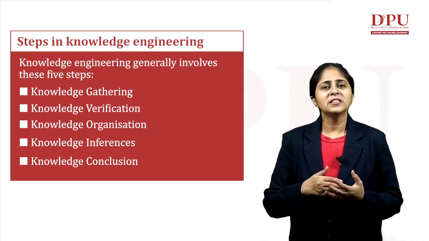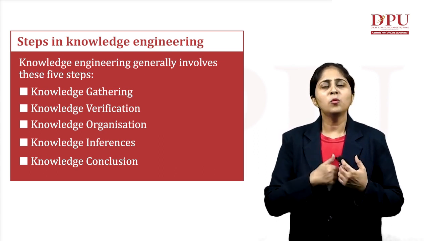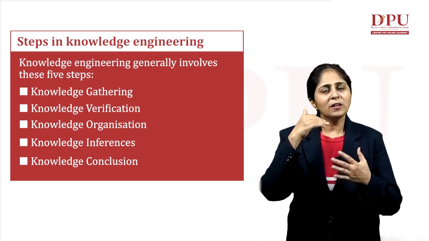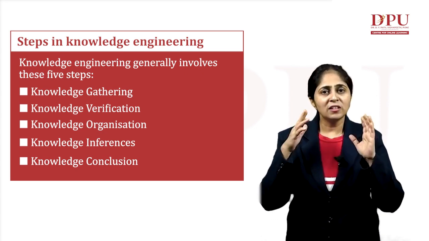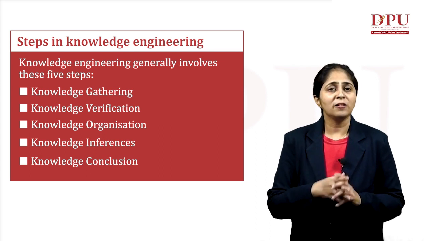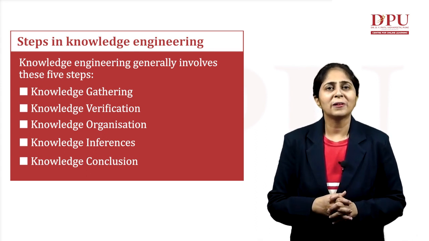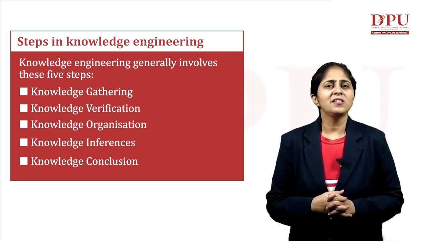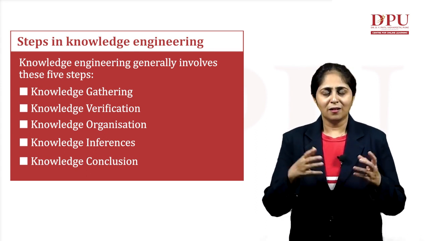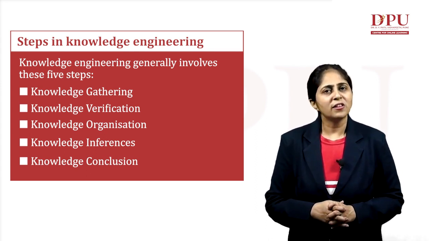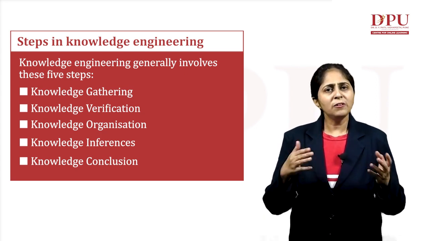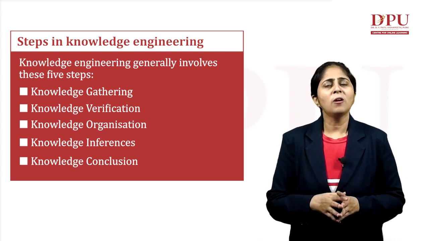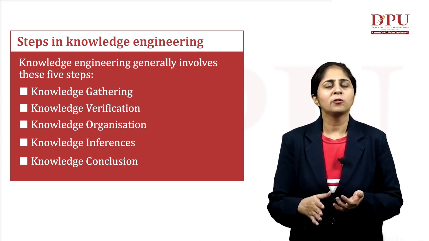So that it functions like the human. How do the humans function? How do they draw the conclusion? What permutation combination they perform in their brain to reach the conclusion in a particular field? For that, these knowledge engineers work on this particular knowledge engineering field. So these are a few steps, a few things which should be ensured to derive the correct conclusions from